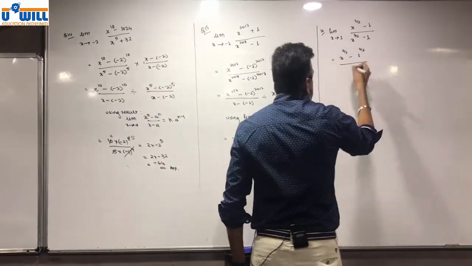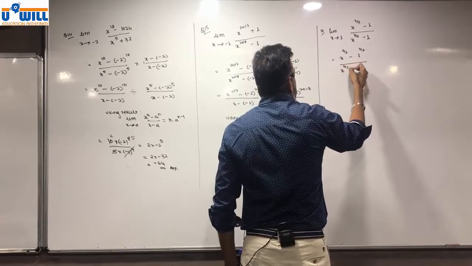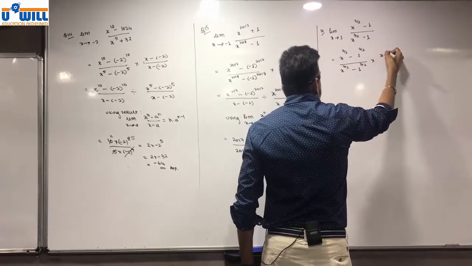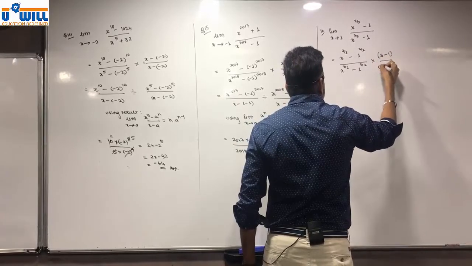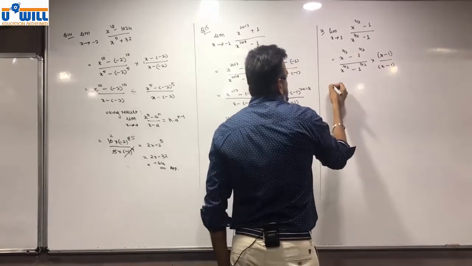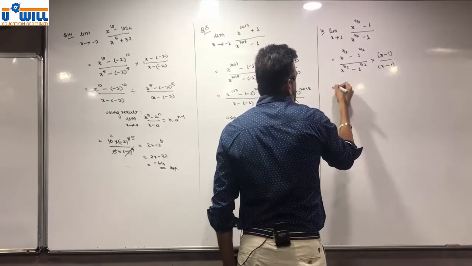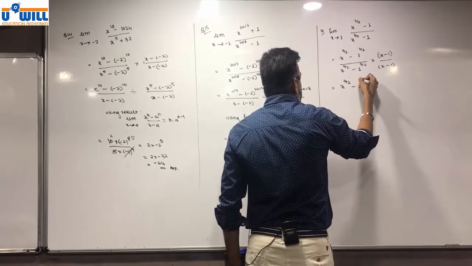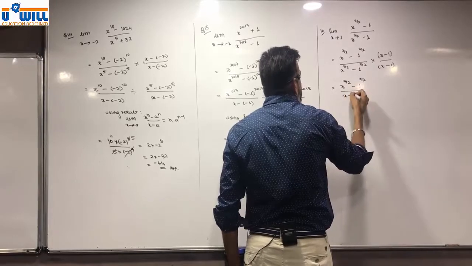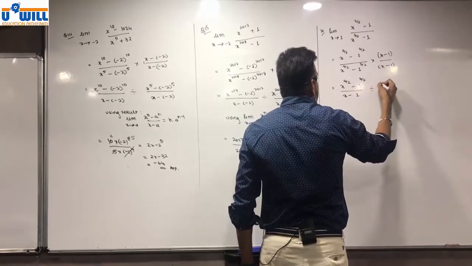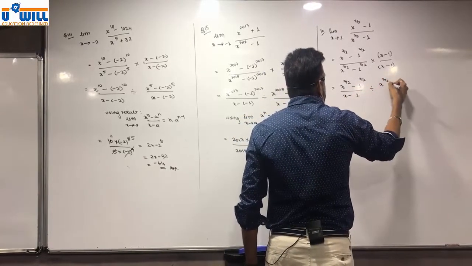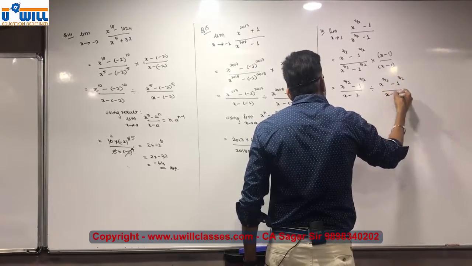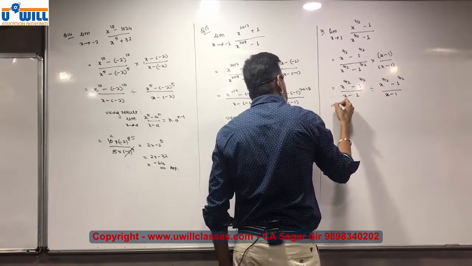Upon x raised to 3 by 2 minus 1 raised to 3 by 2, into x minus 1 upon x minus 1, which is equal to x raised to 7 by 2 minus 1 raised to 7 by 2 upon x minus 1, divided by x raised to 3 by 2 minus 1 raised to 3 by 2 upon x minus 1, using rule